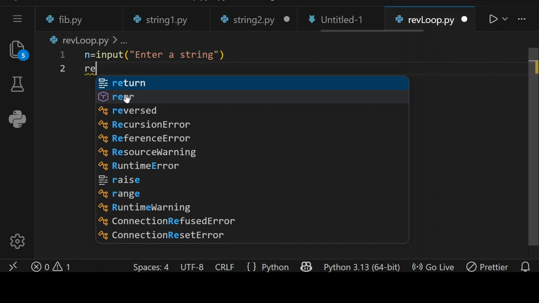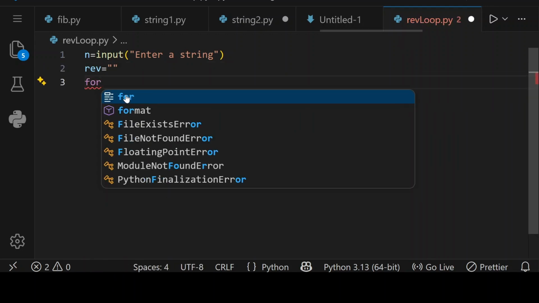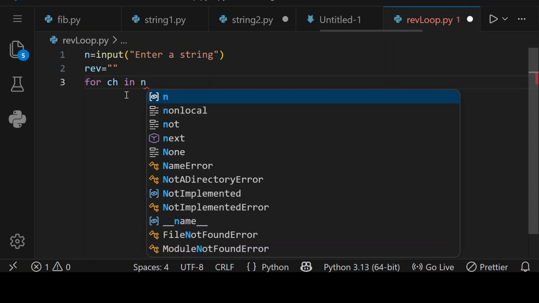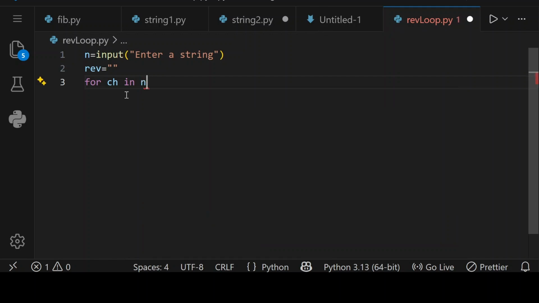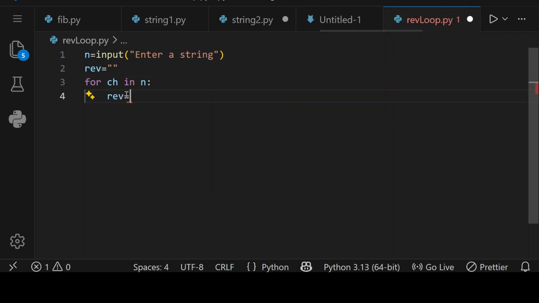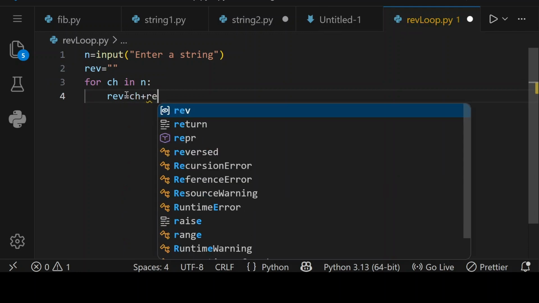Now we are taking one more variable, that is rev, and right now it is an empty variable. It doesn't have anything inside. Now we are starting a for loop for another variable I have taken, ch in n, because our string is in variable n. For ch in n, put colon. Now rev equals ch plus rev,